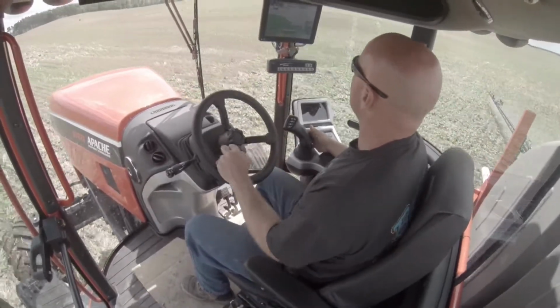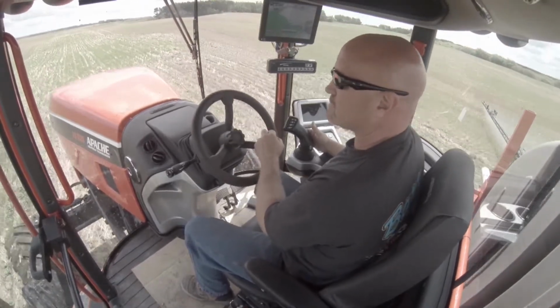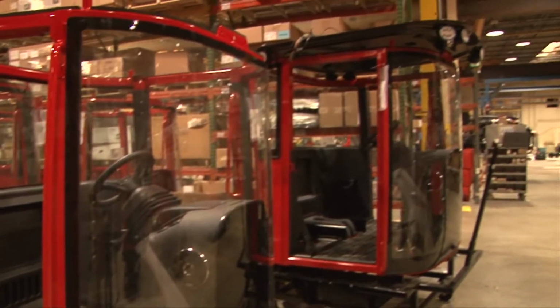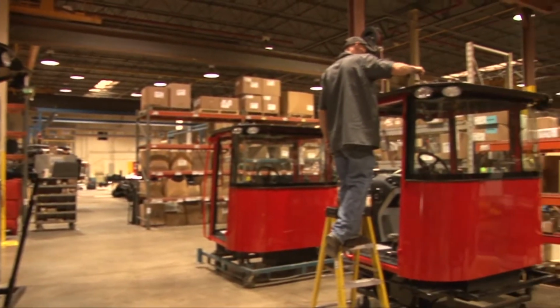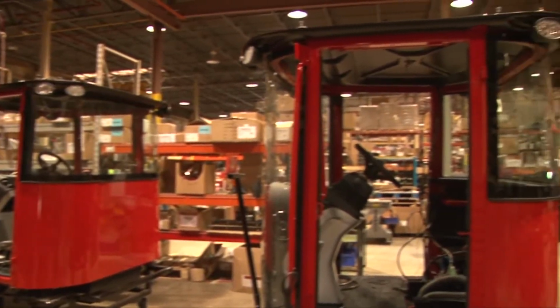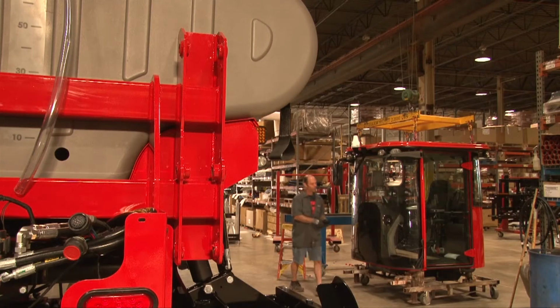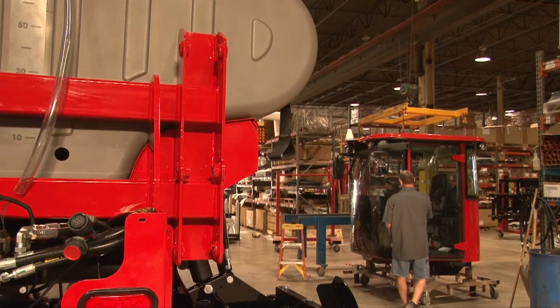Customers are able to order specific options to fit their needs, similar to an a la carte menu. This is important in a build-to-order operation. The cab assembly area is set up in 5 assembly stations. This style of build mirrors our final assembly line, utilizing our proven manufacturing process. Once the cab passes through the 5 sub-assembly stations, it moves to the main line and is set on a